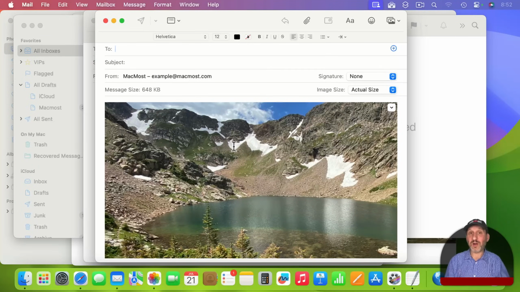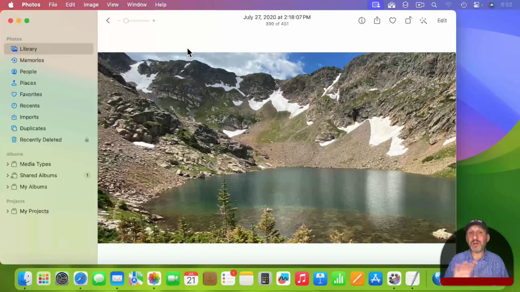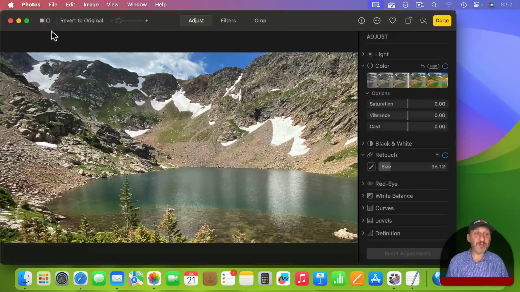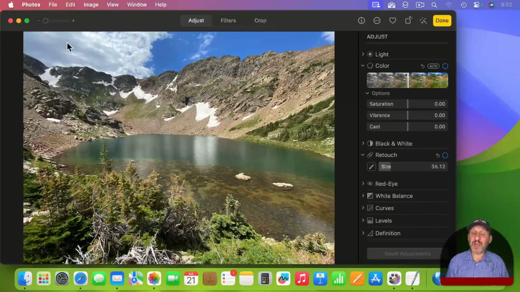It's because there are fewer pixels involved. I've cropped out a lot of the photo. And back in the Photos app, you don't have to worry about the cropping being permanent because it's not. Go back into Edit and you can always revert to Original and get back all that's there. The original is always saved. So you can basically crop it temporarily, send it over to Mail, and then revert to Original back in the